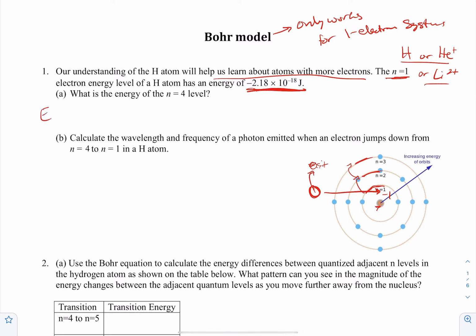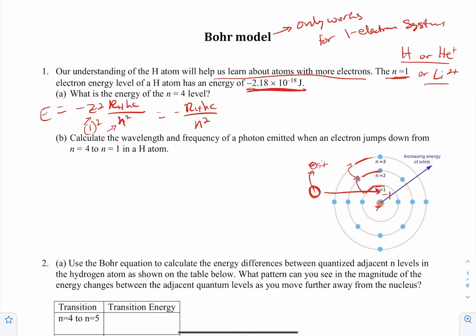Now, the equation that they use to solve for that is the following. And this is also on your equation sheet. Okay. So it's -Z squared times R_H, which is one constant, this is Rydberg's constant, times Planck's constant times the speed of light, divided by n squared. So n is your n shell. So let's assume, so Z squared we know is protons, right? Z's are protons. And if this is hydrogen, it's just 1 squared. And 1 squared is just 1, so let's just leave it out. Okay, so this ends up being negative R_H c h